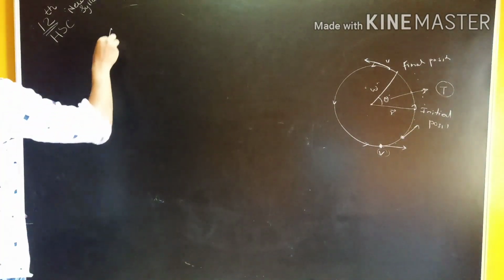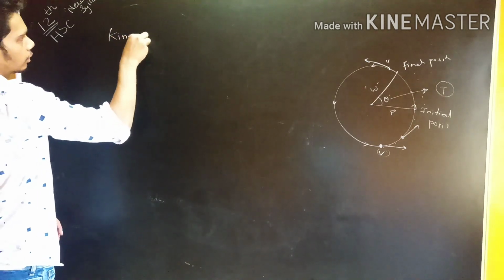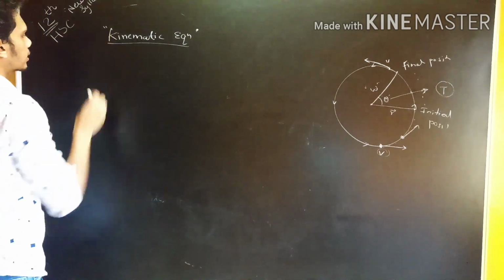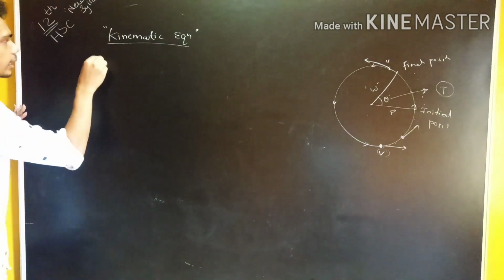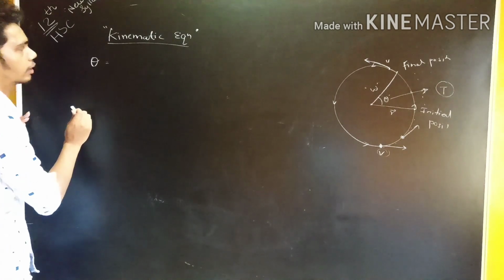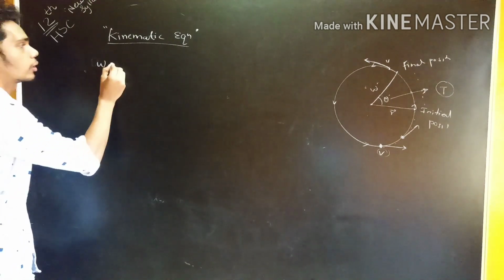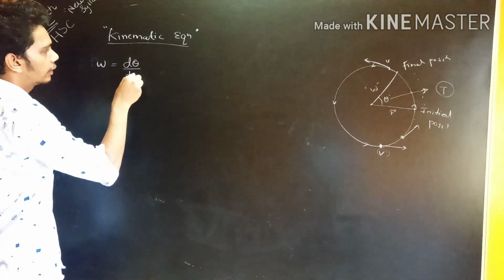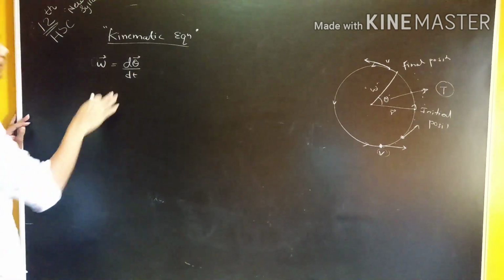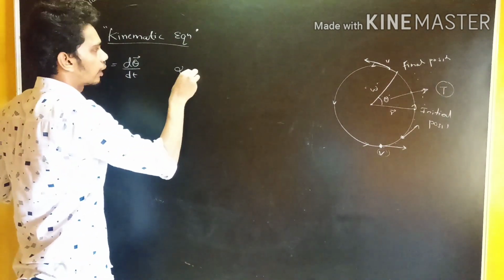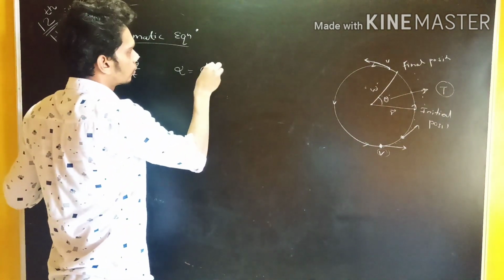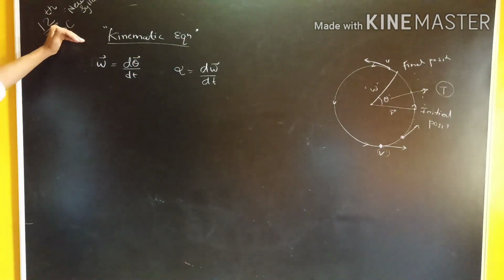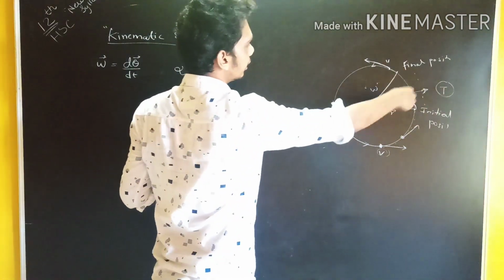Let's study the kinematic equations. We already learned this, but we are going back step by step. So in the kinematic equations, theta is the angular displacement. That we are aware of. But when you talk about omega, that is angular velocity, d theta upon dt. If you want to represent it as a vector, you can note it. Then we talk about the angular acceleration, that is d omega by dt with respect to time. That is more important.